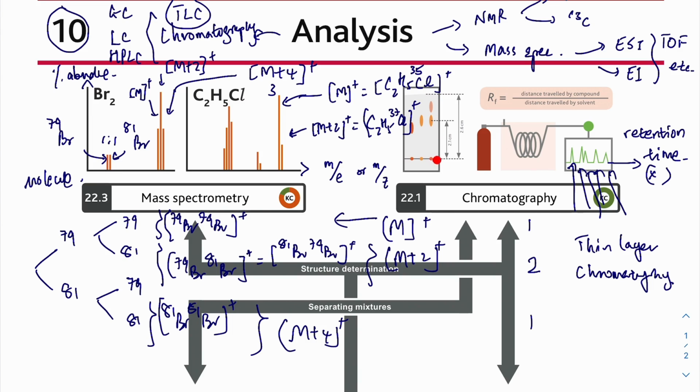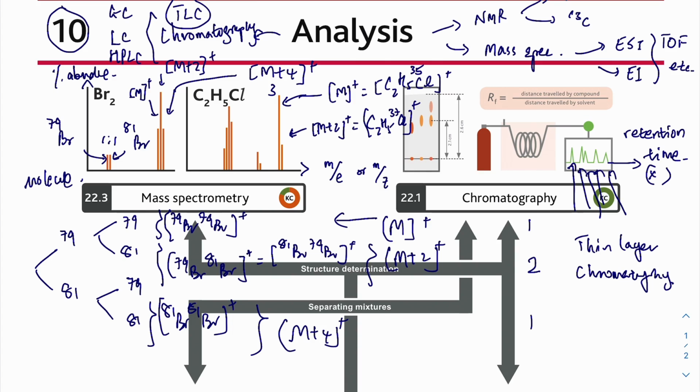The distance from the starting point, not from the line where you draw the thing, but from where you spotted it, yeah? Usually we will spot on the line, obviously, but sometimes we are careless. We might have spotted above the line, and it's from where the spot is, because it's where it starts to separate, to where you take it out before the solvent reaches the top. You have to take it out, there's the solvent front. So the RF is going to be that distance over that distance, and you can compare with the literature,